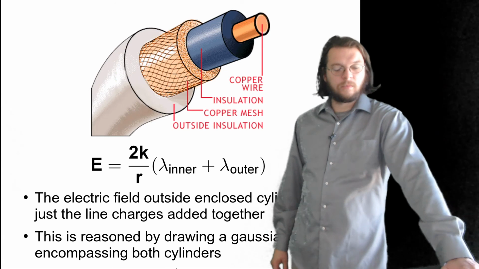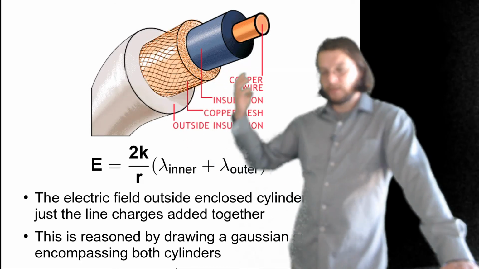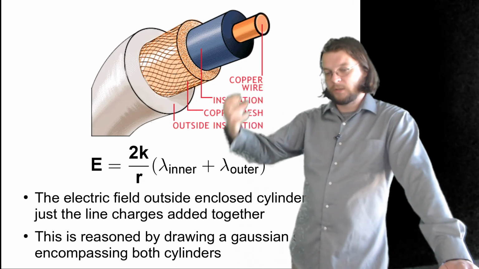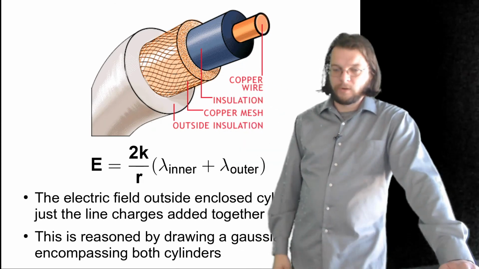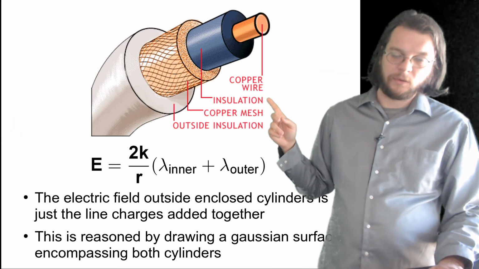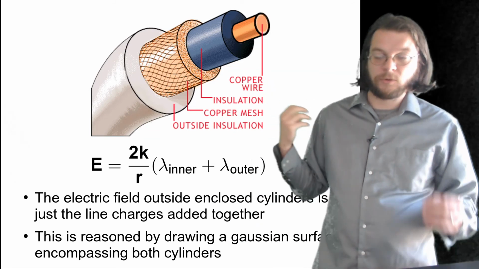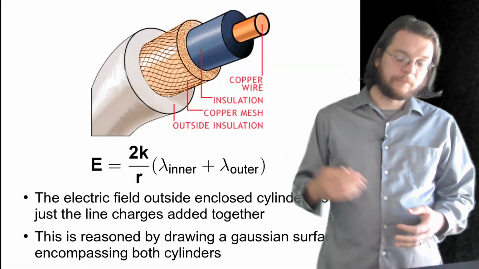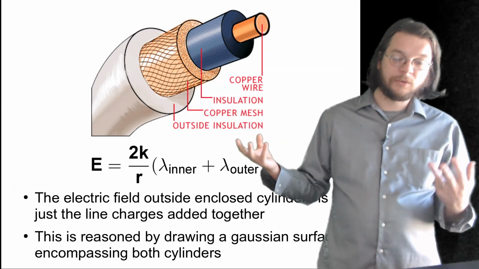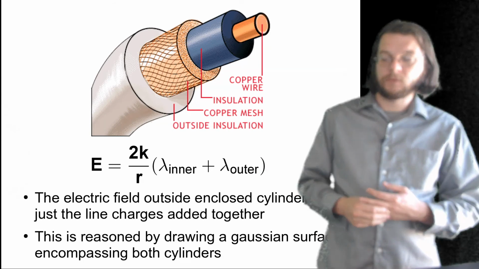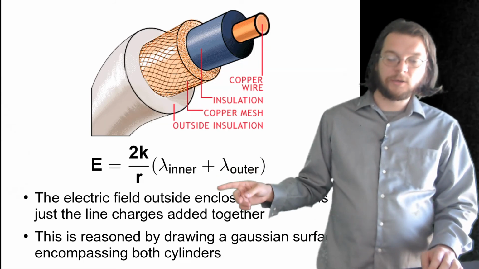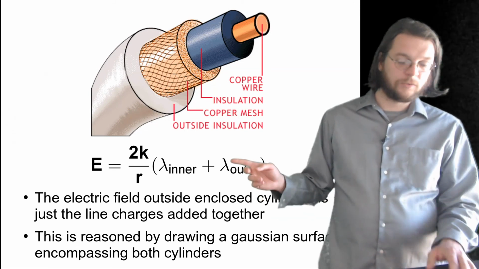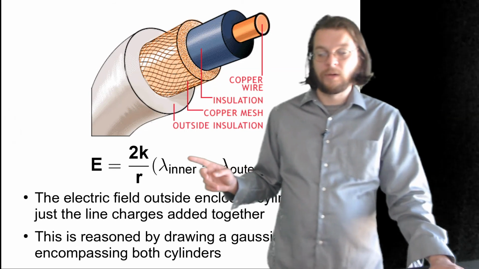So the problem I just did, which had a spherical shell around a solid sphere, has analogs in cylindrical geometry. So if you're trying to get into my head about what could possibly be on the exam, there's only a couple of geometries where this even works, and so you can do similar calculations and conclude, instead of how much charge is enclosed, it's charge per unit length enclosed, and those sorts of things